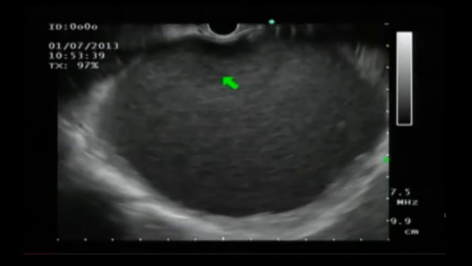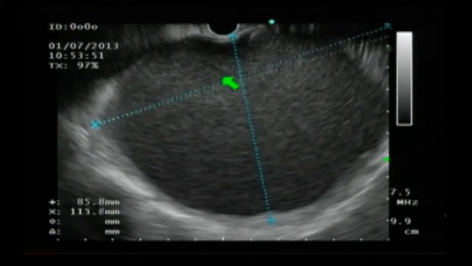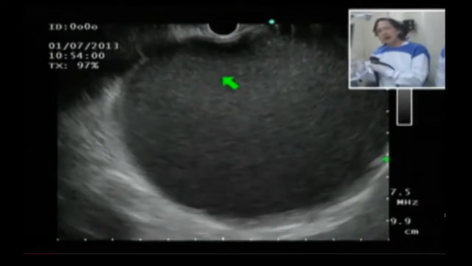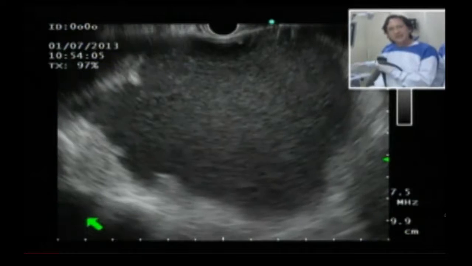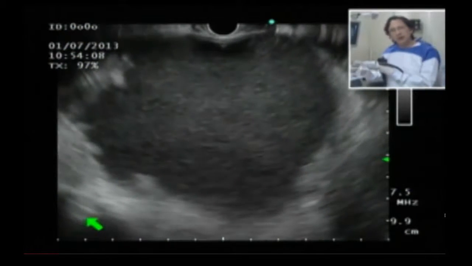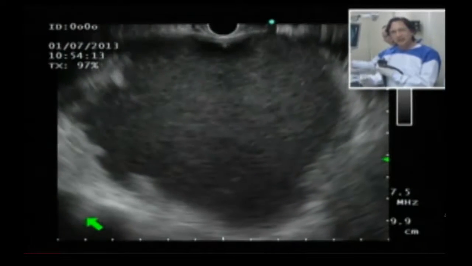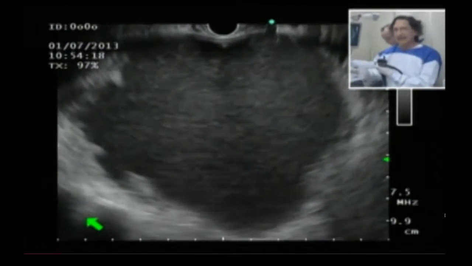Now Dalton, if you could measure out the cyst so we can see how large it is. So we'll start in 1 dimension here, 1 cross, and then the other dimension across. We see it's 8.6 centimeters by 10.6. Let's talk about how we drain these cysts, and we use what's called the Seldinger technique. The conventional method is we start with the FNA needle. We're going to pass the FNA needle, the 19 gauge, into the cyst. We're going to aspirate a little bit of fluid and send that off for analysis for CEA and amylase and